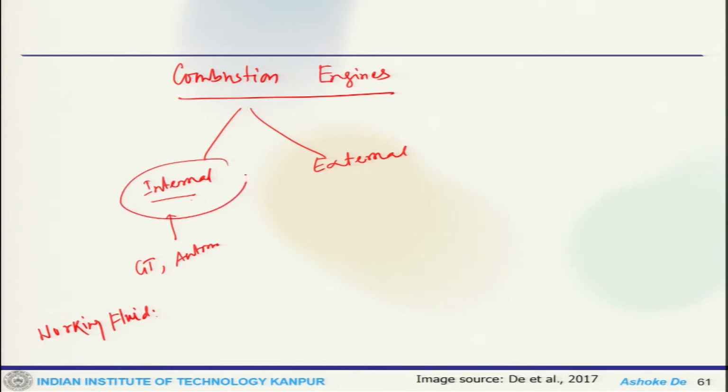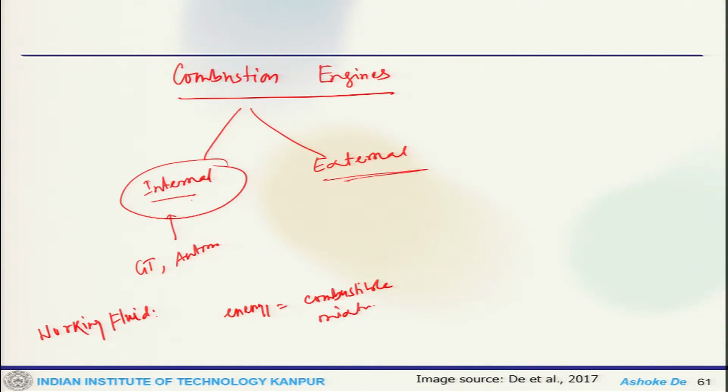So, any internal combustion unit that produces work by pushing a piston or doing that. Now, it works with a high momentum fluid that is used directly for the propulsive force, and especially in the internal combustion system, the energy source is the combustible mixture, and the combustion products are essentially the working fluid.